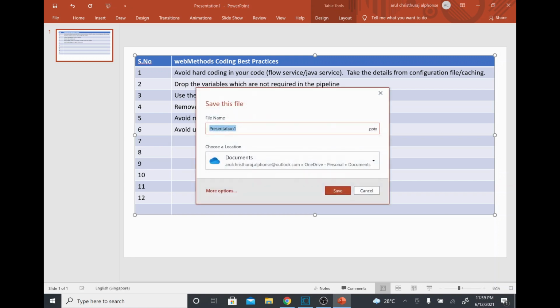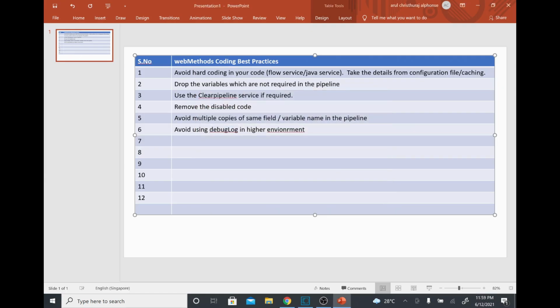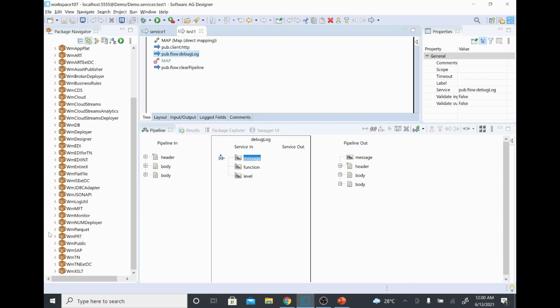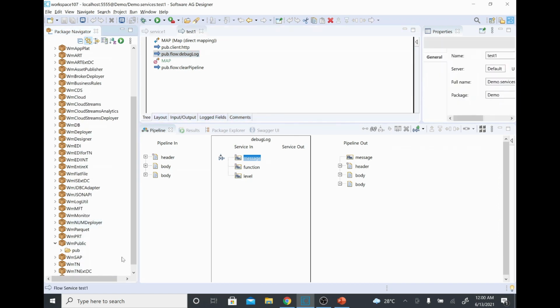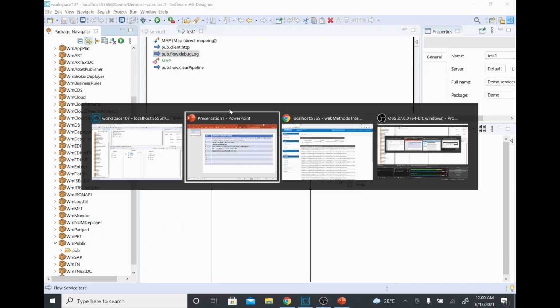The next one is, whenever you want to use something, always try to use out of box built-in services. For example, if you are trying something from the WM public package or another utility package, always try to use that.